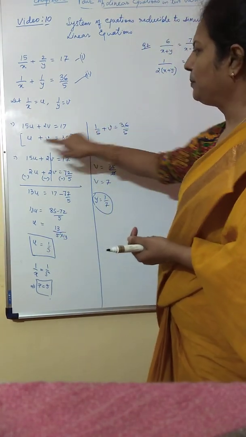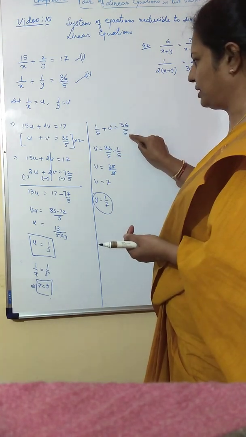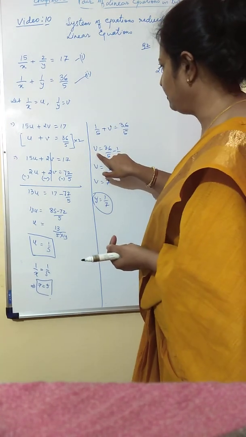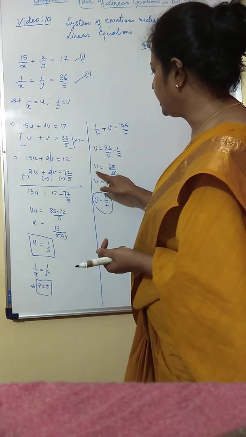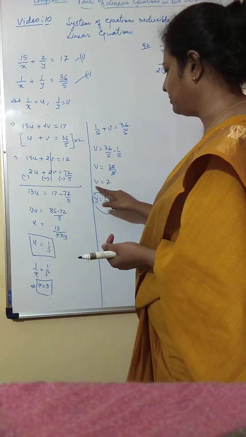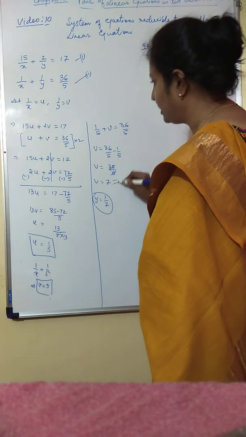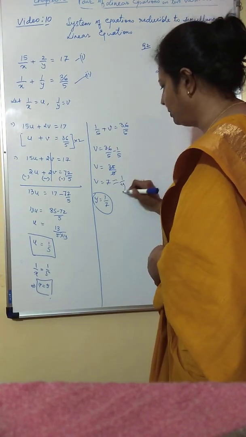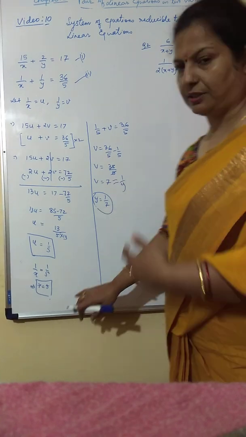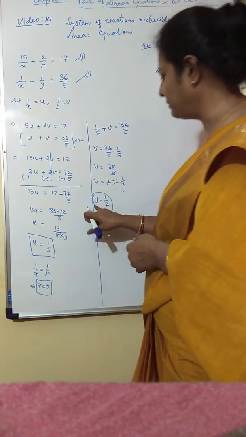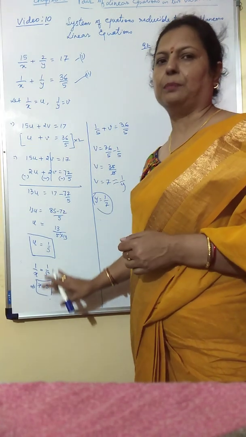Now you check here, the value of u I am putting as 1 by 5, plus v is equal to 36 by 5. So I get v is equal to 36 by 5 minus 1 by 5. And then I get v is equal to 35 by 5, which cancels out to be 7. So v is equal to 7 is equal to 1 by y, that you know. Hence what is y equal to? We get y is equal to 1 by 7. So the solution that you get is x equal to 5 and y is equal to 1 by 7. So this is how we can simplify it.